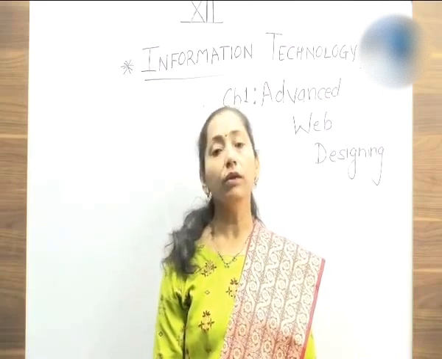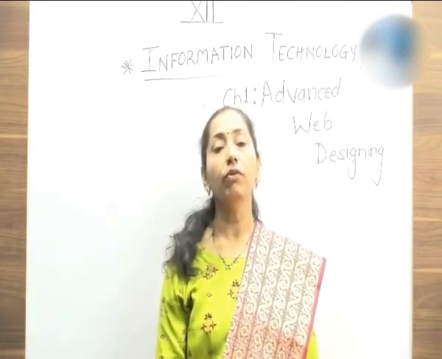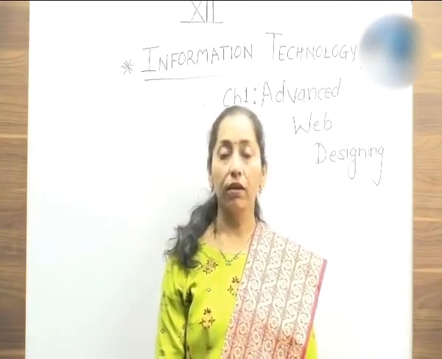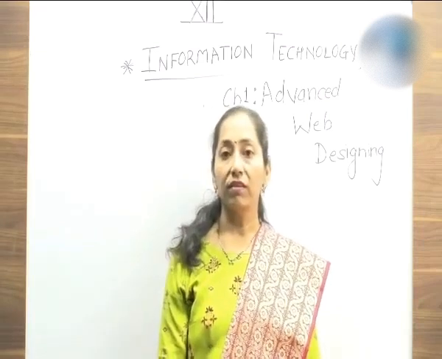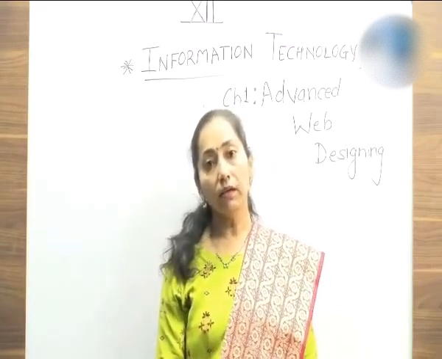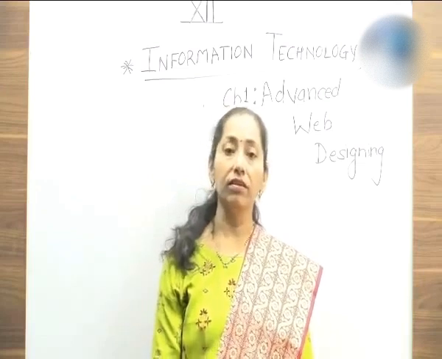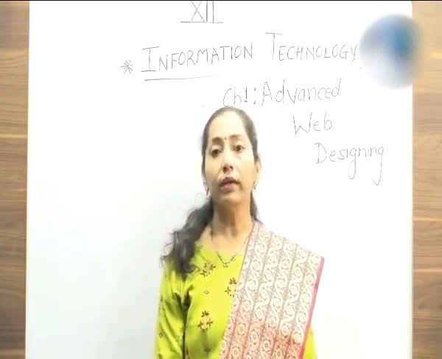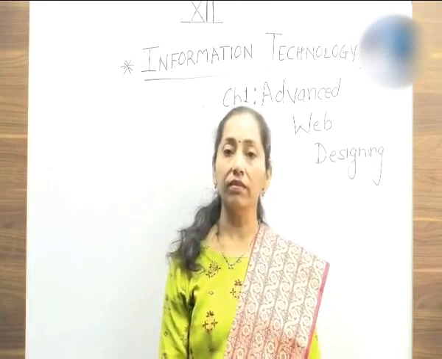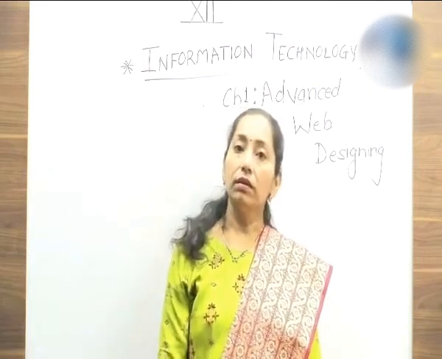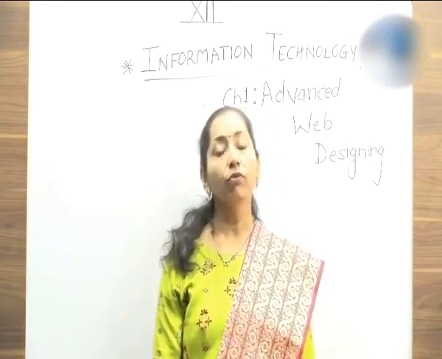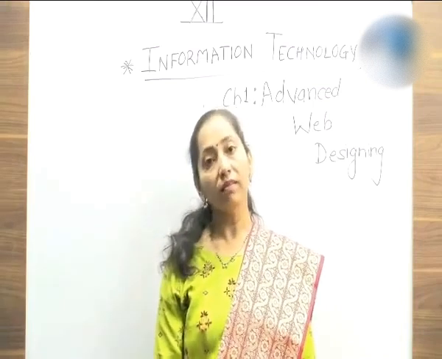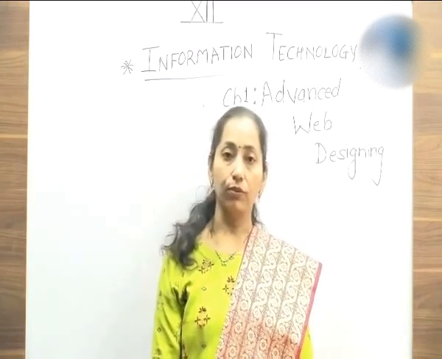In question number 8a, you can get a question based on various types of CSS. There are three types of CSS: inline CSS, internal CSS, and external CSS. So how to create programs using all these CSS types? Let us learn that using various kinds of examples via slideshow. Let us start the slideshow.